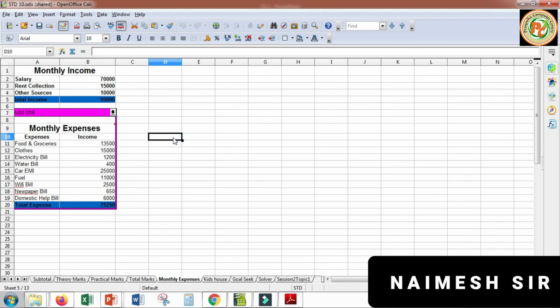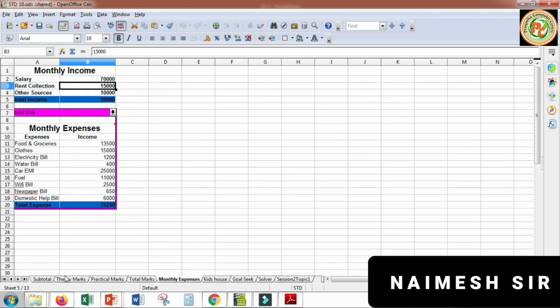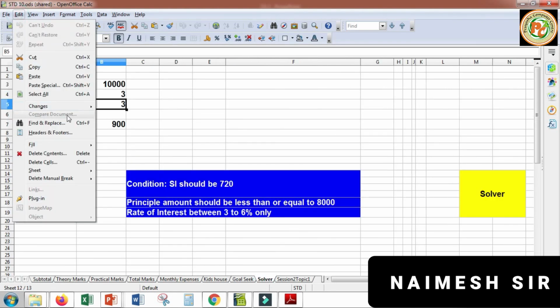Okay, now if you want to merge two or more worksheets, you can compare and merge them. For this we click on edit and then compare. Find the compare option, and then you can compare both worksheets. It appears when both names are similar. Right now there is only one sheet, that's why it will not appear. But if you have a similar worksheet, you can compare both documents, and whatever changes you want to keep, you can accept or reject.